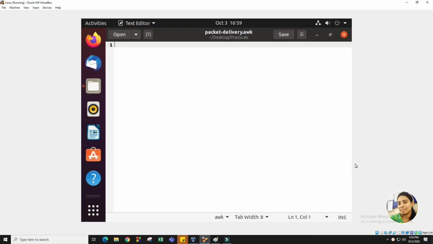Now, as we all know, this AWK script is made up of three parts. So we will start with the BEGIN part. In the BEGIN part, we need to define all the variables which we are going to use throughout this script. We require how many packets are received, so we will use the receive variable. Then we will also require the drop variable.